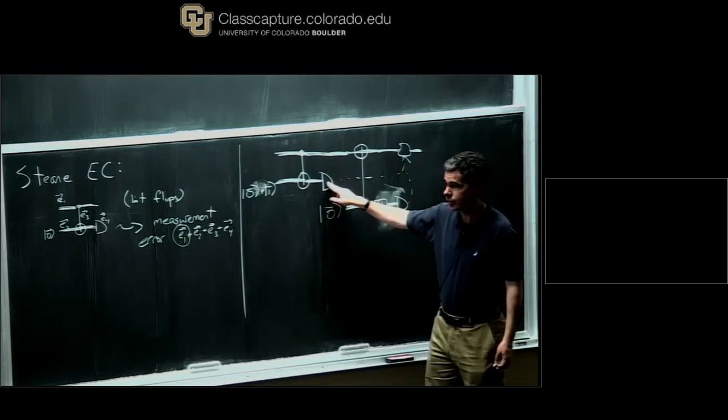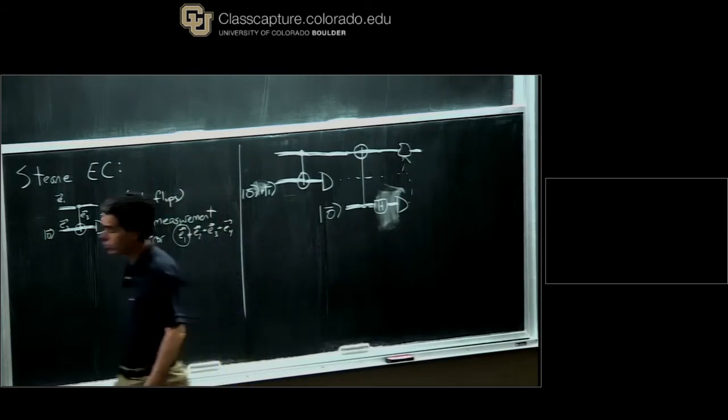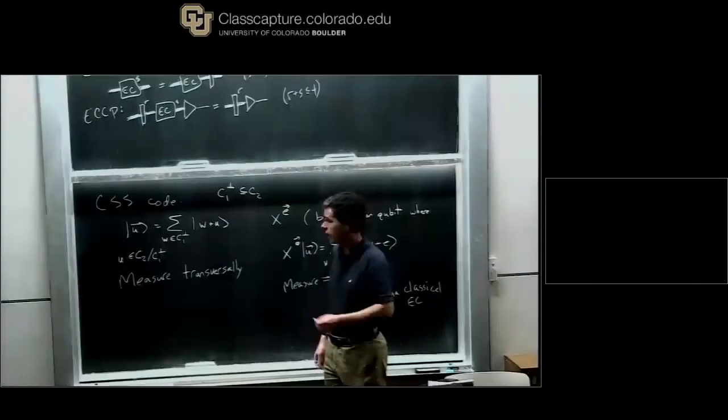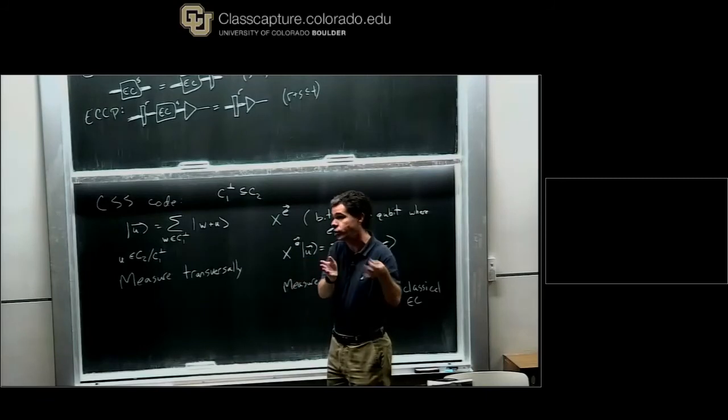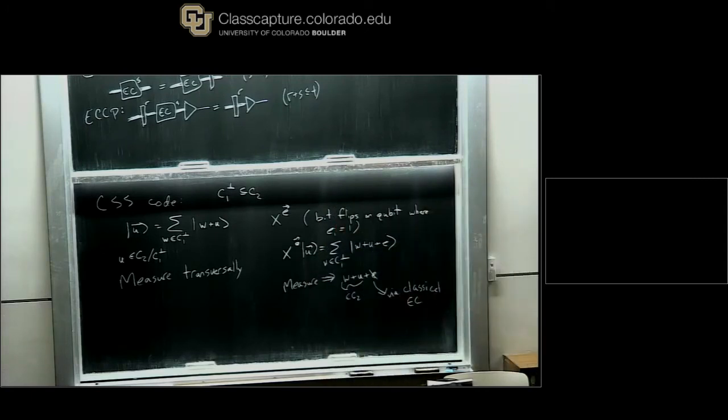here, well, so what we did here is we measured transversally, right? We're measuring z on every qubit. And once you have z on every qubit, you can multiply them together to find the eigenvalues of the z stabilizer generators. And so here it's kind of the same thing, because the